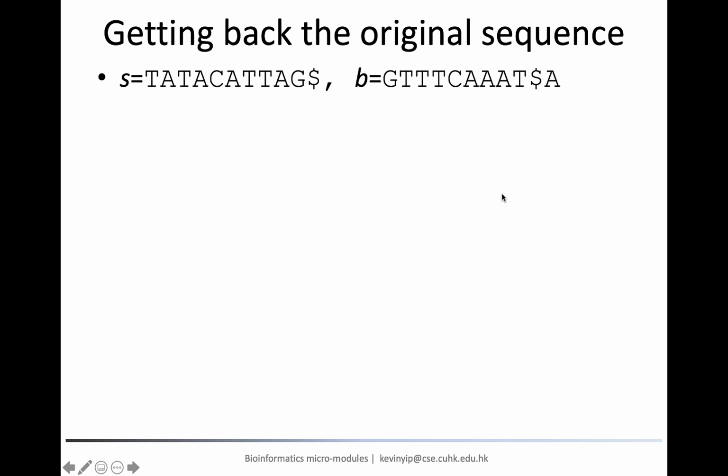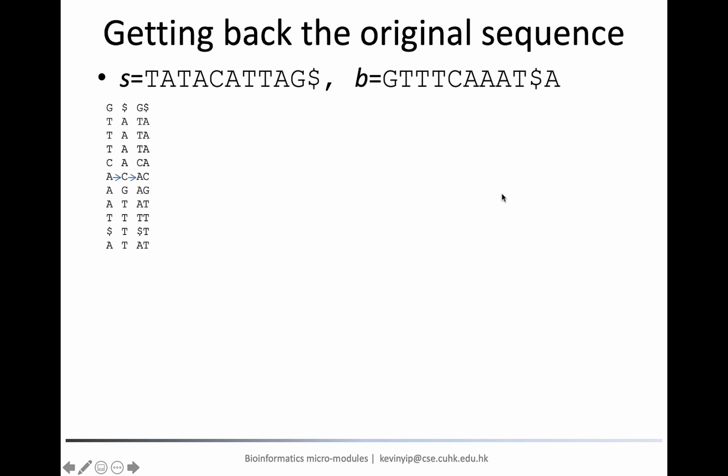Suppose we have a sequence B, which is GTTT-CAAA-T$8, produced by applying BWT to a certain sequence S. And we want to get this S back from B. We know that the correct answer is S equals $, and so at the end, we can check whether we indeed get it as the output of the procedure. As explained, first we put B as the first column of a matrix, and then we sort the rows of the matrix. Notice that since each row has only one character so far, many rows are identical up to now.